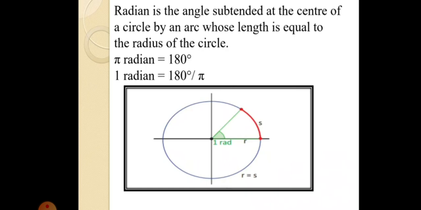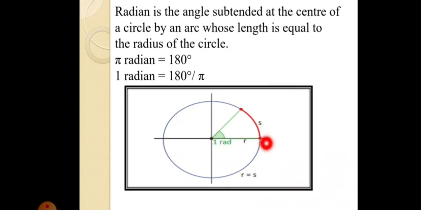We are considering a circle. So you can see there we have a radius r and we have subtended from the center. What is subtend? A line or arc forms an angle at a particular point when the straight lines from its ends are joined at that point. So the angle which we subtend from the center, where the arc is equal to the radius of the circle, that is called a radian. So already we know that pi radian is equal to 180 degree. So 1 radian is equal to 180 degree over pi.